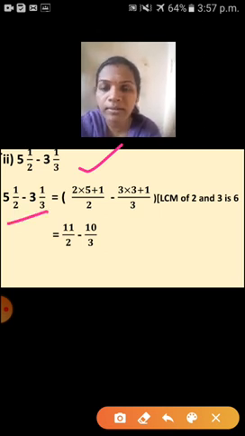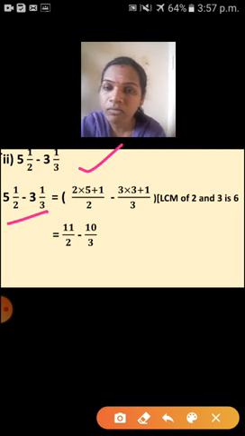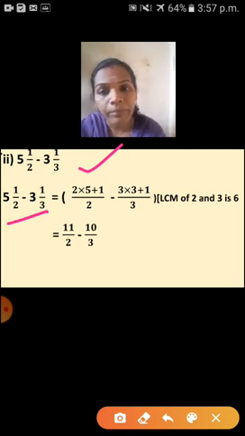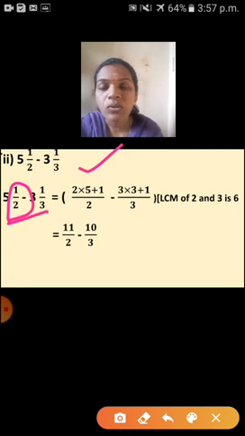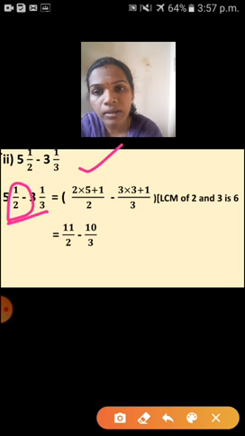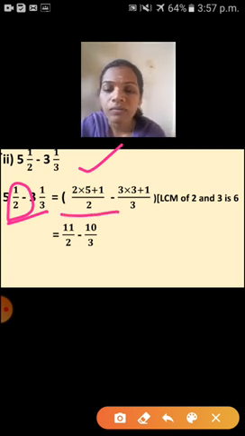So this is your question here. So here second method I am following. What is the second method? Mixed number you have to convert into an improper fraction. How will you convert? Yes, see here 5 1 upon 2. So already I have told that denominator you have to multiply with whole number. That means denominator into whole number plus numerator upon denominator. Okay.